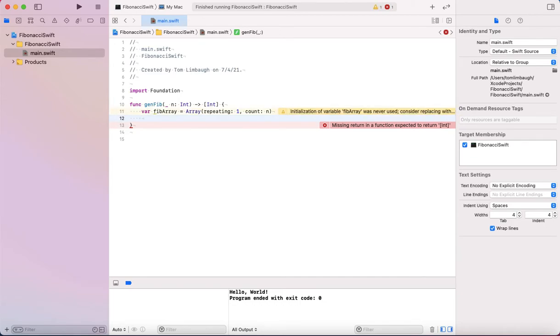The reason we're doing this is, knowing that f sub 0 equals 0 and f sub 1 equals 1, we just really need to initialize the first two values of the fibarray with 1s,